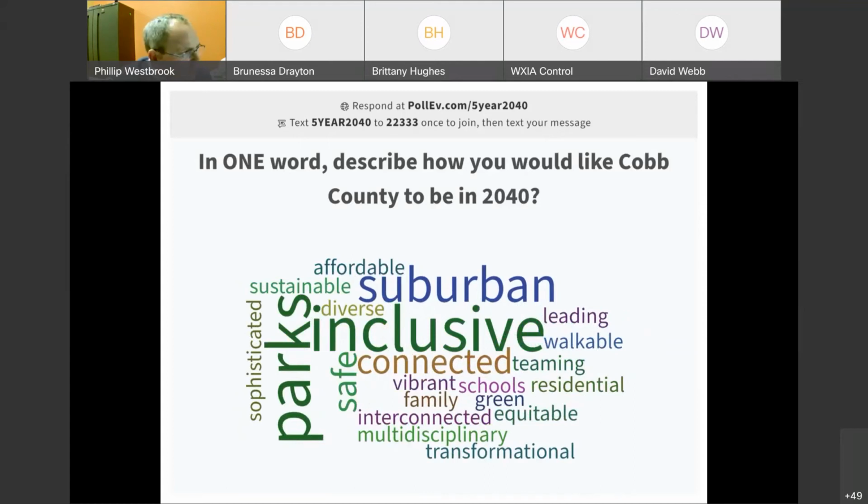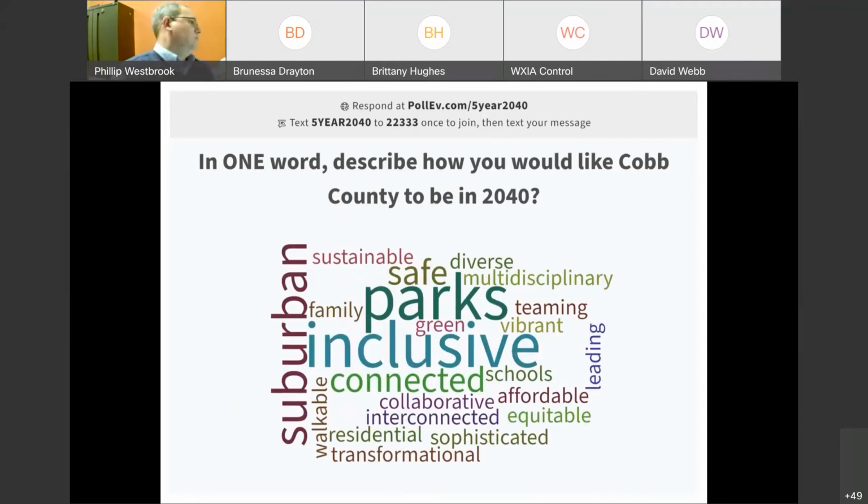Looks like I'm loving these responses. Yes, inclusive is an awesome response, and it looks like that's one of our biggest single-word responses. It's awesome because looking into the future, into 2040, we're going to get even more diverse than we have been already. That's exactly what we're looking at. We're going to be getting more diverse, and with diversity comes inclusivity. So that's awesome.